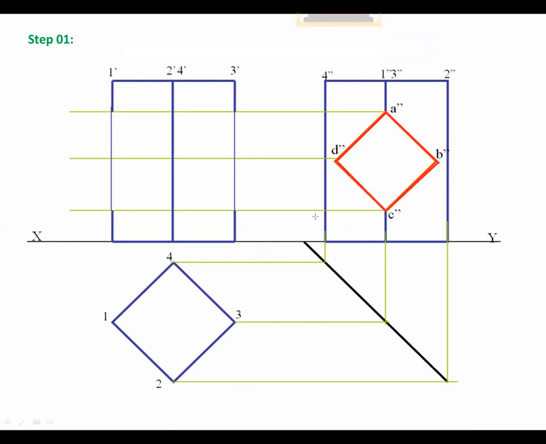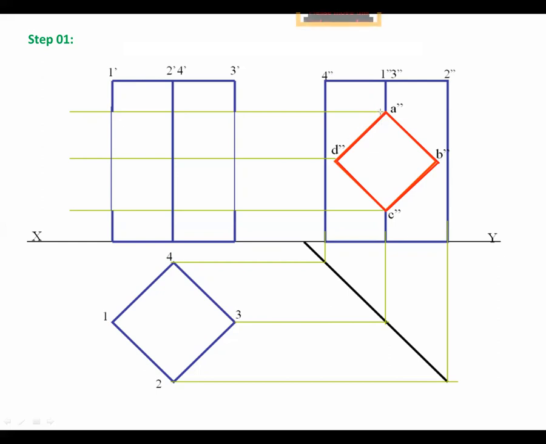All these things are drawn in the side view because the vertical square prism is penetrated by the horizontal square prism, and the exact shape of the base we can see from the side view, so in the side view we have drawn the base of the square prism: A double dash, B double dash, C double dash, and D double dash.